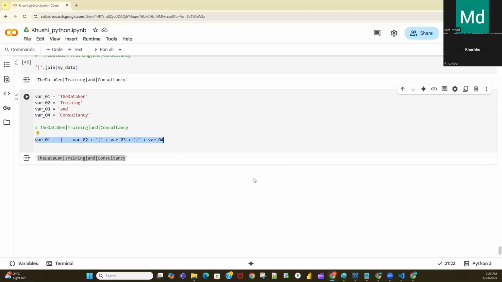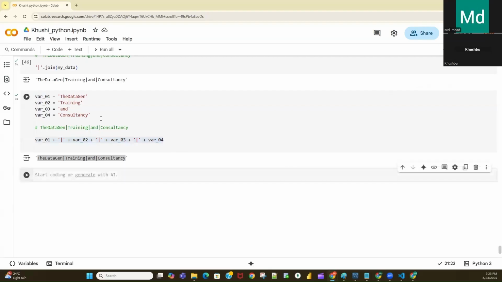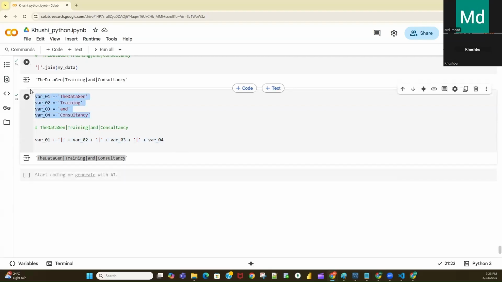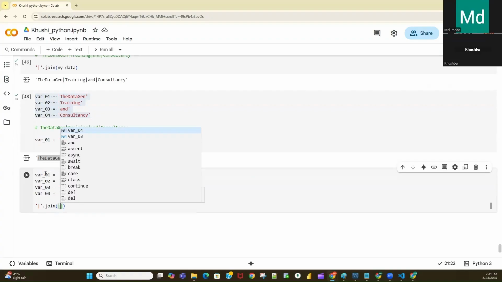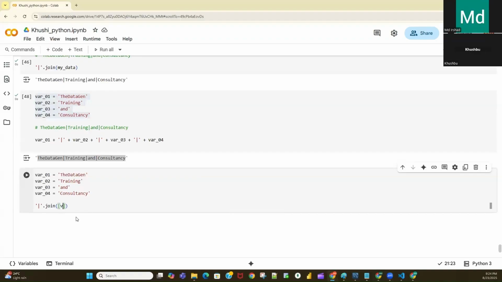The other way we can do this is by using join. So simply, you can write the pipe symbol, based on the separator you want to connect with, then dot join, and inside this you need to pass the list of these variables. So you can write var 01 comma var 02 comma var 03 comma var 04.